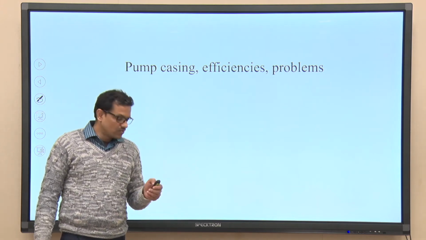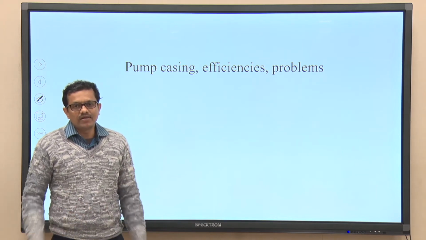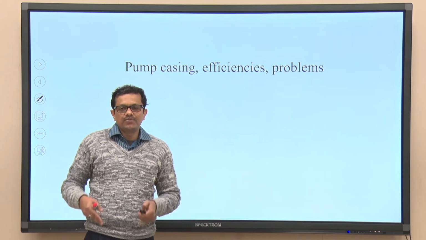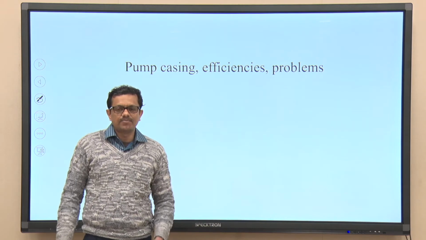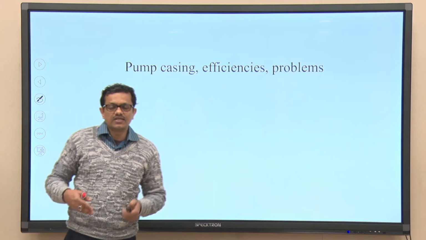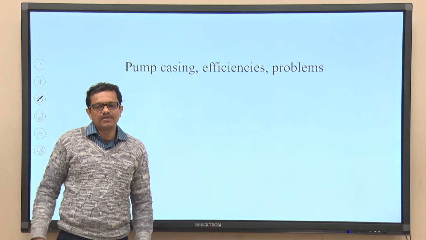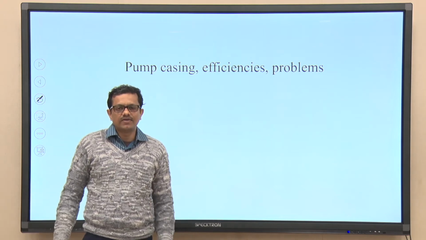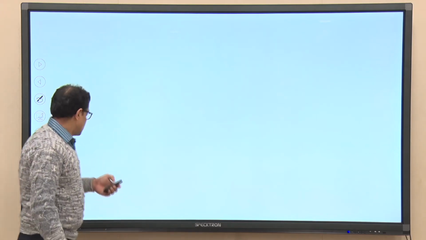So, today we will work out two such examples to see that by playing with the velocity triangles, we can give different forms of the head being developed by the pump, and while doing so we will try to see how the net head developed by the pump can be tuned by tuning the geometric parameters of a radial flow pump. So, to do that, let us first briefly write the head developed by the pump.